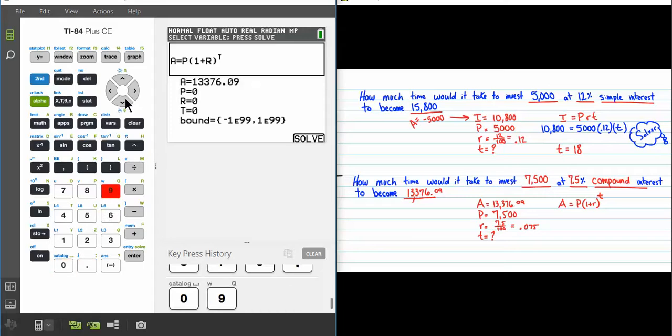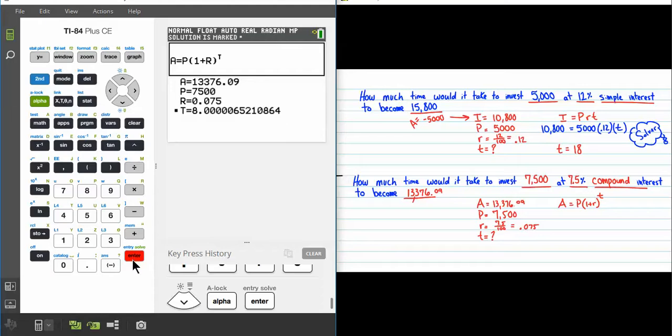13,376.09. My principal, my starting amount was 7,500, and my rate would be 0.075. Notice that it automatically puts a decimal in the front. That's fine. There's no issue with that. And so what is t? So since I'm using it on solver, I just got to solve for t. And this one would take a little bit of round off error, but the answer is basically just 8. It would take 8 years for me to turn 7,500 into